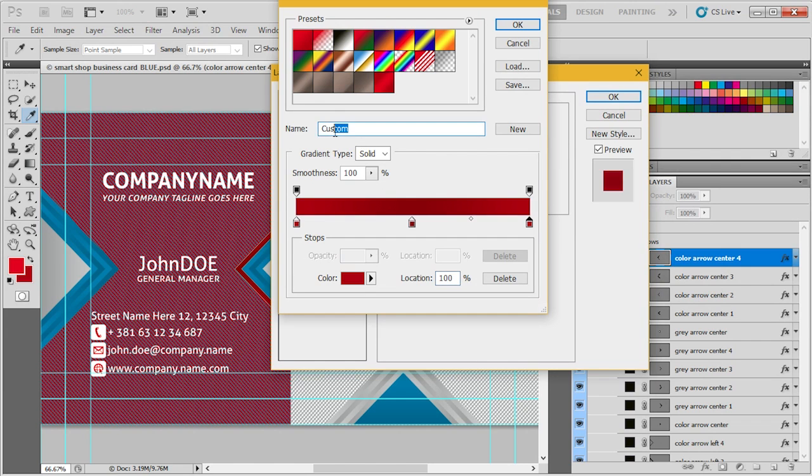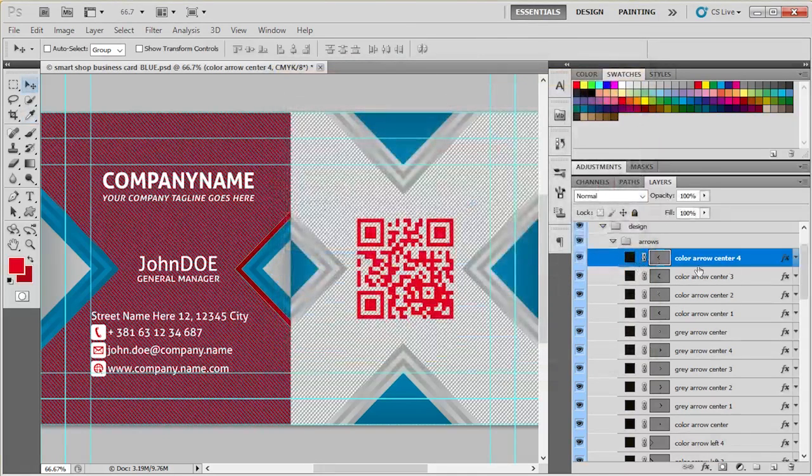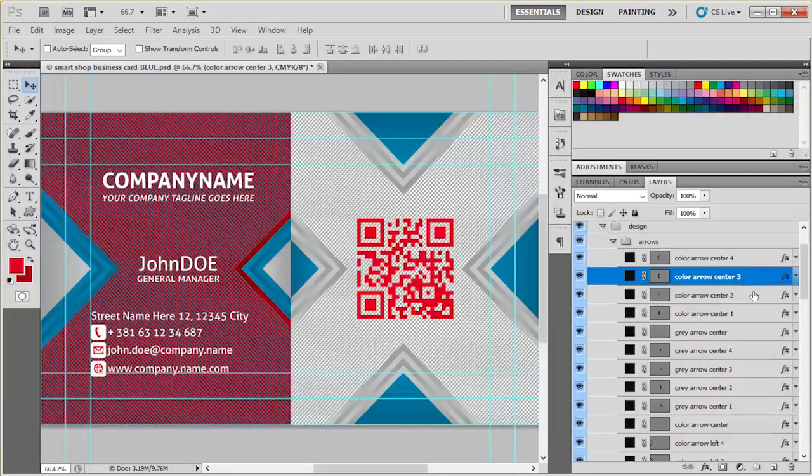Okay, and now I'm going to save it as red 1. Click new, so I have it here. Okay, and now what I'm going to do is right click here, go to copy layer style,